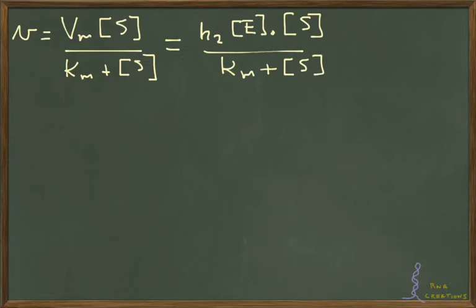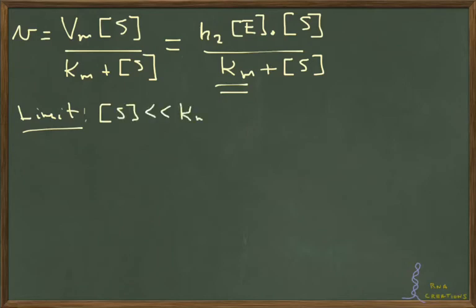So you'll remember under kcat over Km conditions, that's where the substrate concentration is low. And low is always a relative thing. Low means low relative to Km. So let me write this slightly differently. In the limit that the concentration of S is low relative to Km, then we know that we can ignore S in the denominator, and then the equation reduces down to